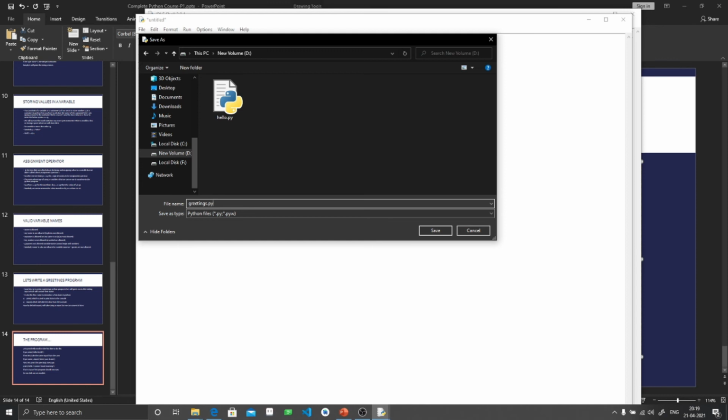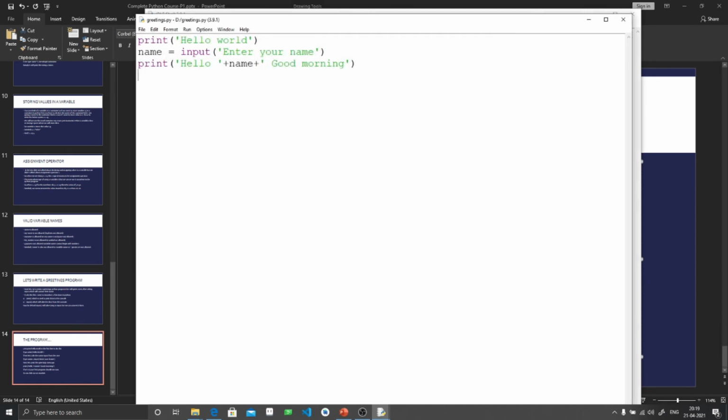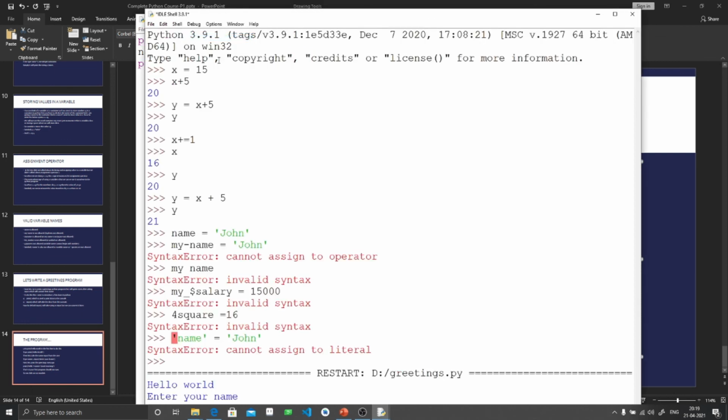Whenever you write a Python script, you have to store it with the extension .py, like you do for text files with .txt. After saving it, click on Run, and under Run, click on Run Module.